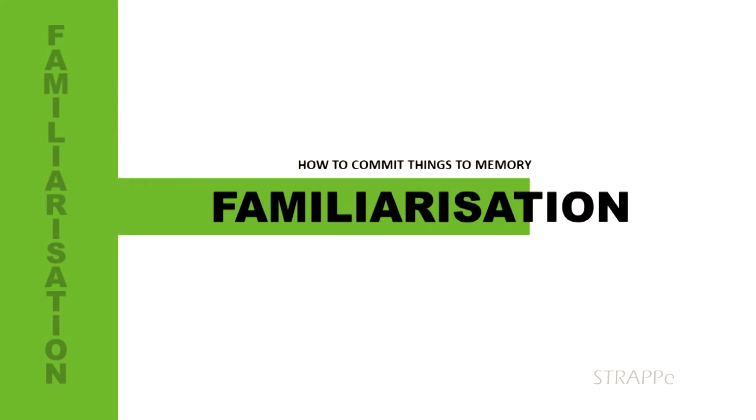Familiarization. The way the mind works, it works in such a way that the things that you're familiar with, you are able to recall instantly and easily. Things that you're not familiar with, you cannot recall. I mean, that's normal. And that is why somebody may not necessarily be a footballer, but because a person is interested in football, the person will be in a position to be able to recall things about it. If you ask the person any question, the person can give you answers. The same for basketball or other things.